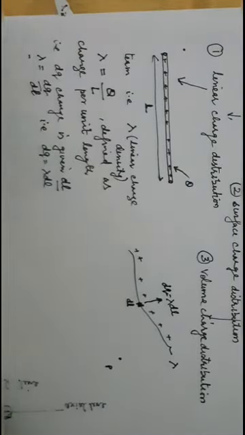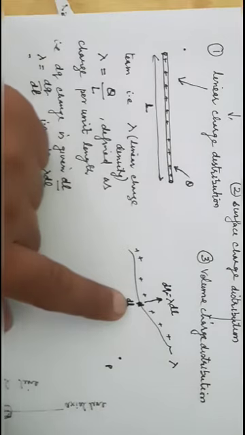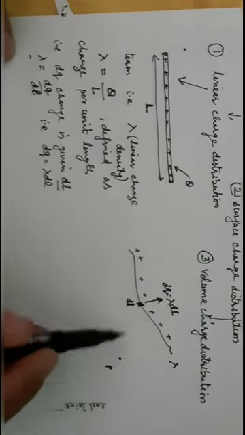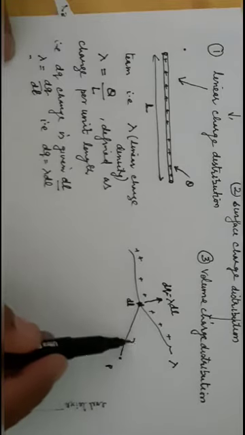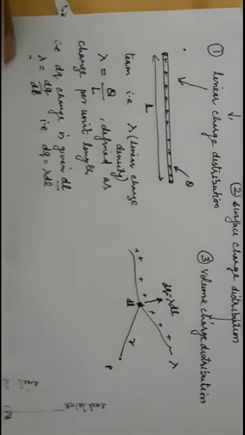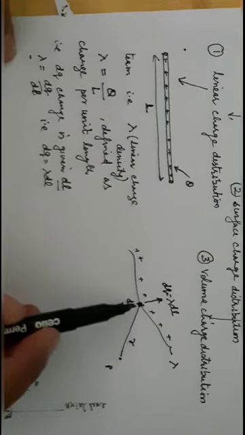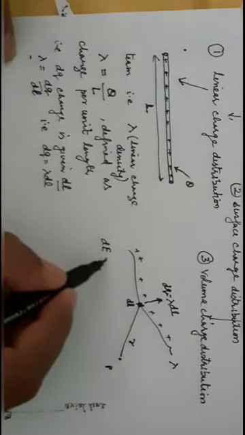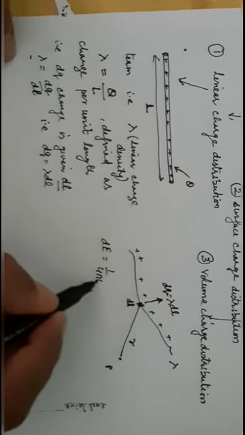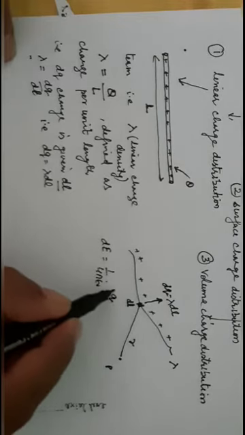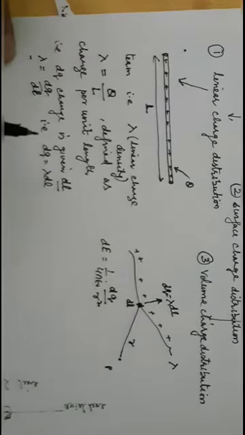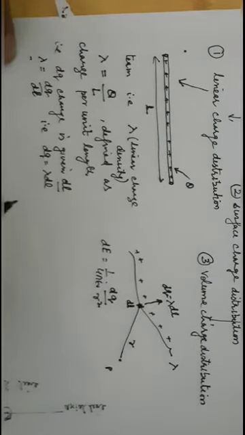So this is the amount of charge in this region, and we calculate the electric field because of this charge at this point. If I take this distance as r, then the small electric field dE because of the small charge at this point P is equal to 1 upon 4 pi epsilon naught, charge dq divided by the square of the distance, that is r square. To calculate the total electric field, we integrate it.